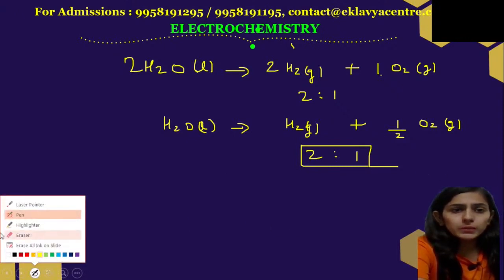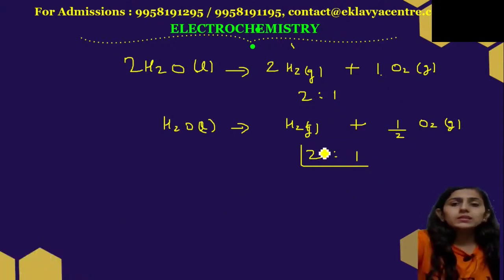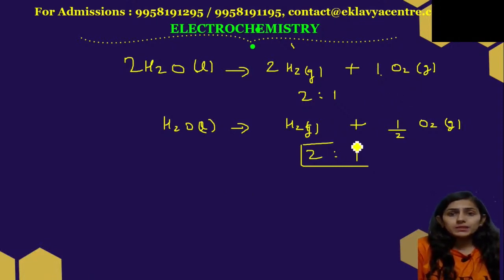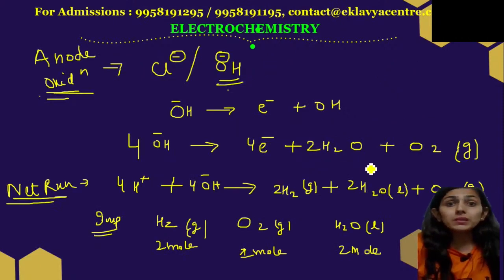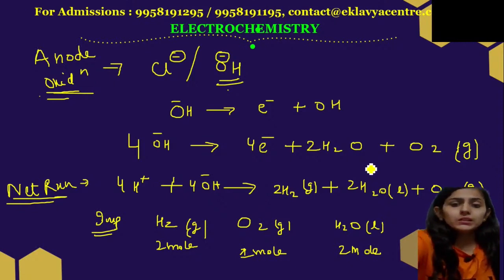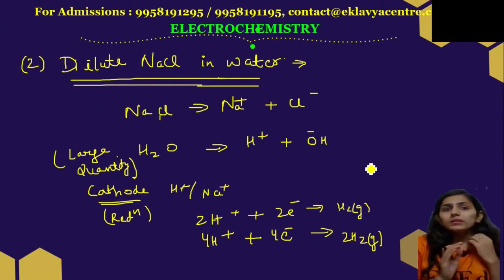See, what you have to remember in this question is that instead of chloride ion getting oxidized, here the oxidation of OH negative hydroxide ion takes place, and that we will see: 4 OH minus gives us 4 electrons plus 2 water plus oxygen. So we are getting oxygen and water at anode, and we are getting hydrogen gas at cathode, right? So basically what you have to remember here in this case is,